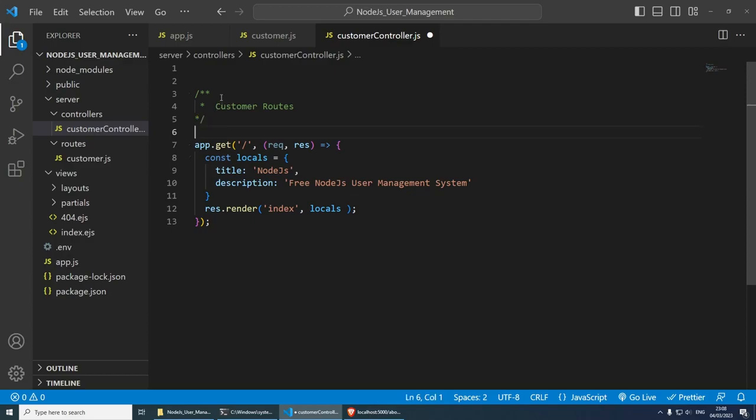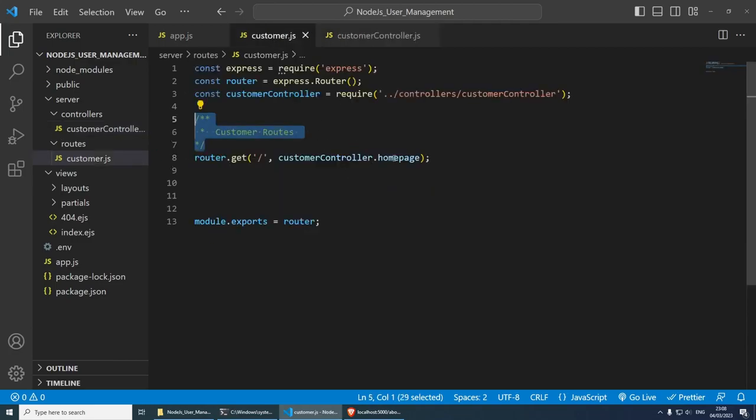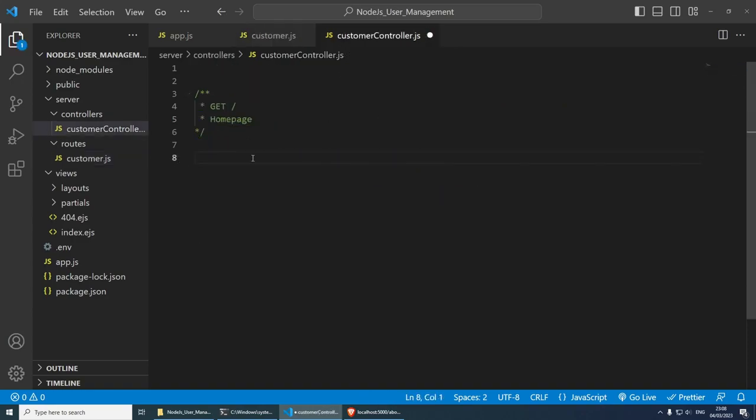And I'm going to say this is going to be a get route, and this is going to be our homepage. And I know I pasted this, but this is not going to work. We actually need to have an export called homepage now. So what I'm going to do, grab this super quickly and let's build it from scratch. So exports, and then inside here, we can do .homepage